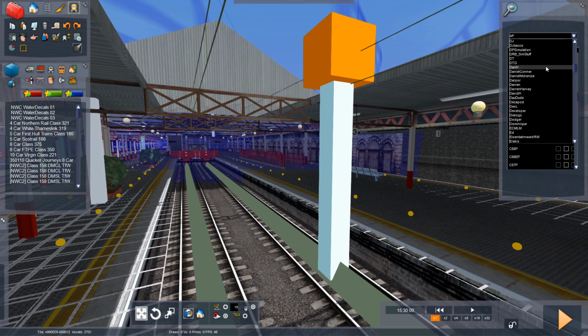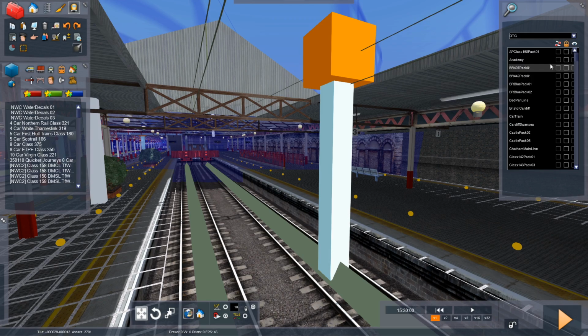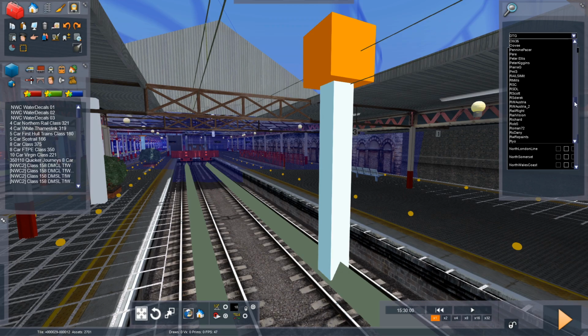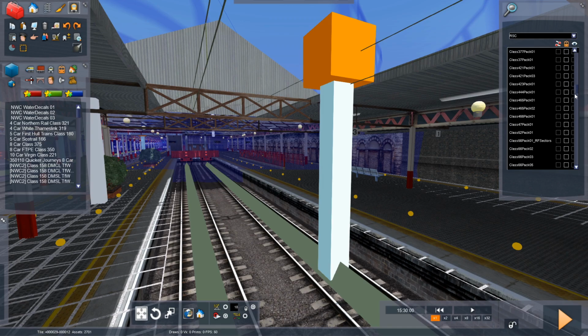Now, where does the Class 350 come from? Well, it comes from the Class 450. Well, the train sim version does, and that comes from Portsmouth Direct Line, which is under DTG. Now, don't get that confused, and I highly tell you should not do this. Don't get that confused with